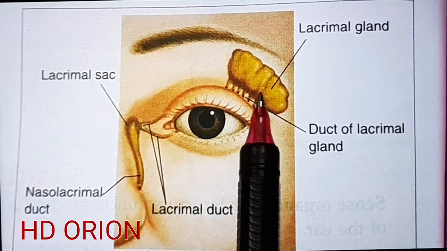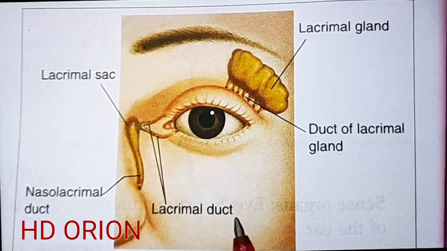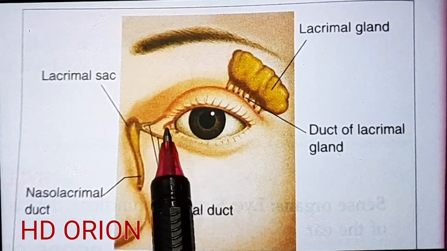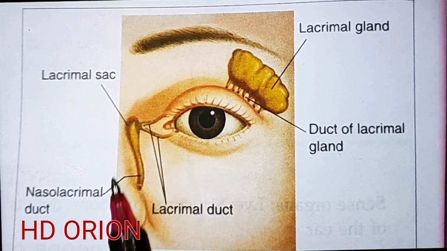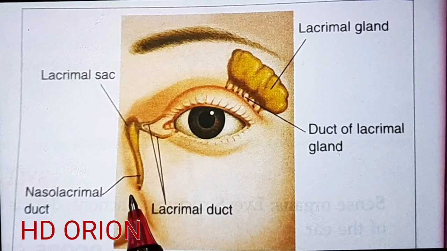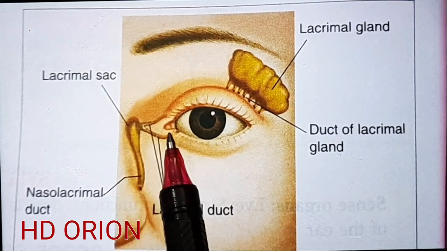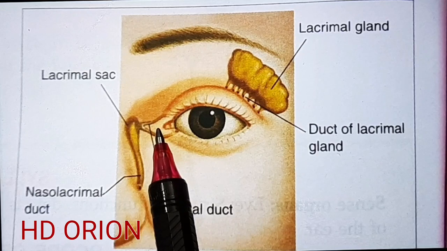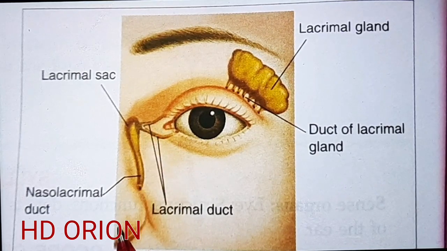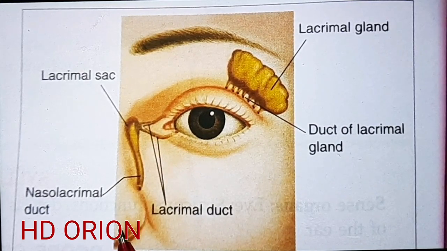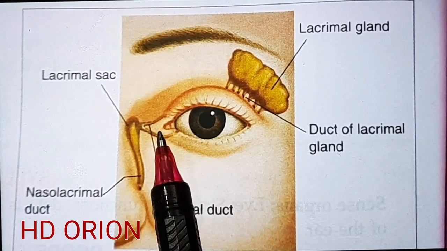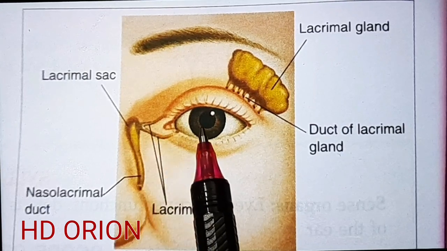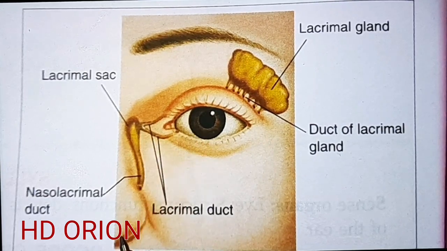This is one lacrimal gland and another lacrimal gland in the other eye, and the tears usually flow down from this region. There is a connection between eye and nose. The duct forms a nasolacrimal duct, due to which, whenever there is tear flow from this lacrimal duct, the mucus also runs down from the nose. Therefore, whenever a person is crying out of certain emotional outburst or any sort of dust goes into the eye, both the eyes as well as the nose run.